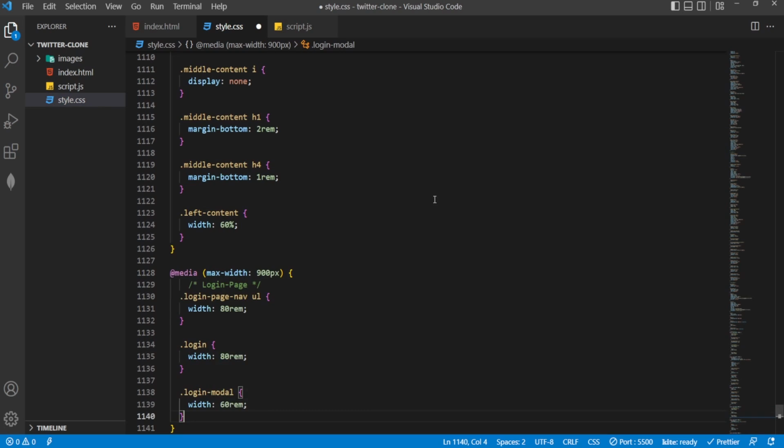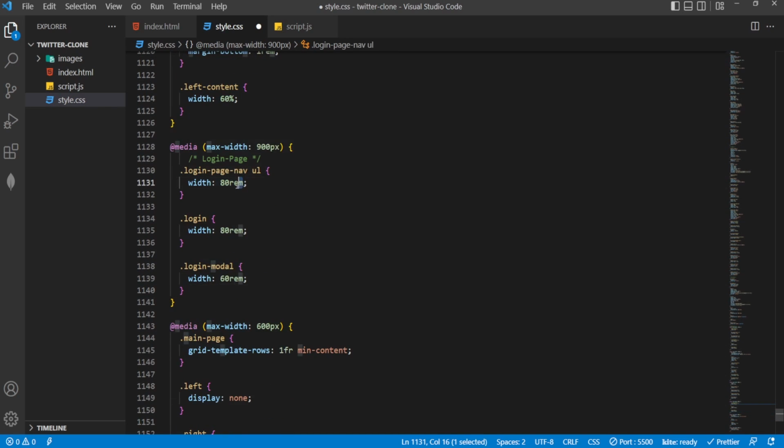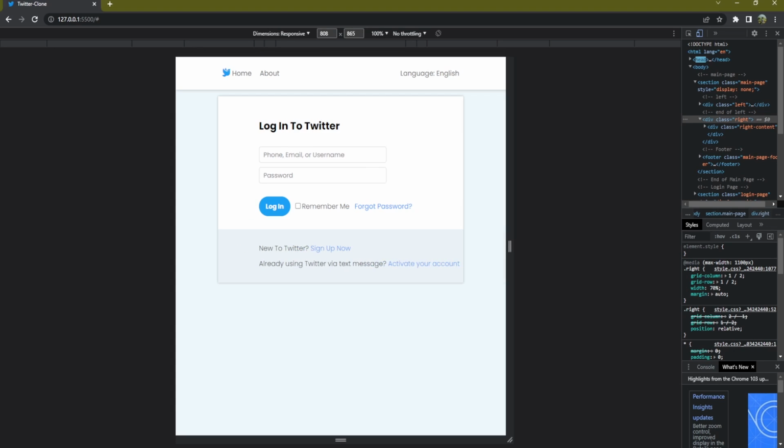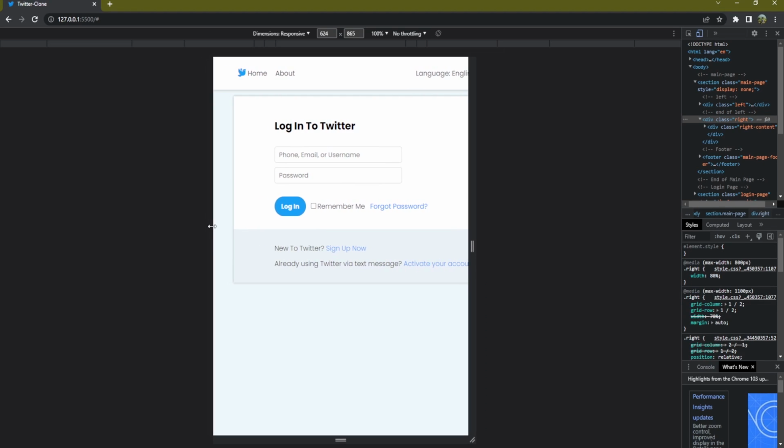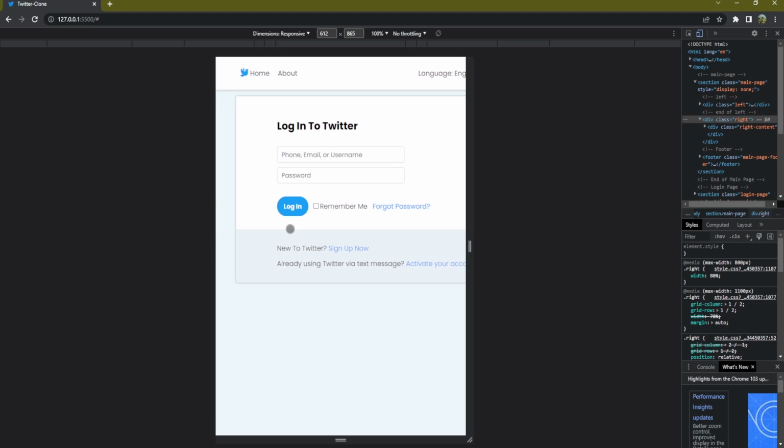Now paste this and just change the value. So this will be 60 rem and this login will be 60 rem and also the login model will be 50 rem. So with 900 pixel we are done. Now let's make the screen size smaller. So this will be below